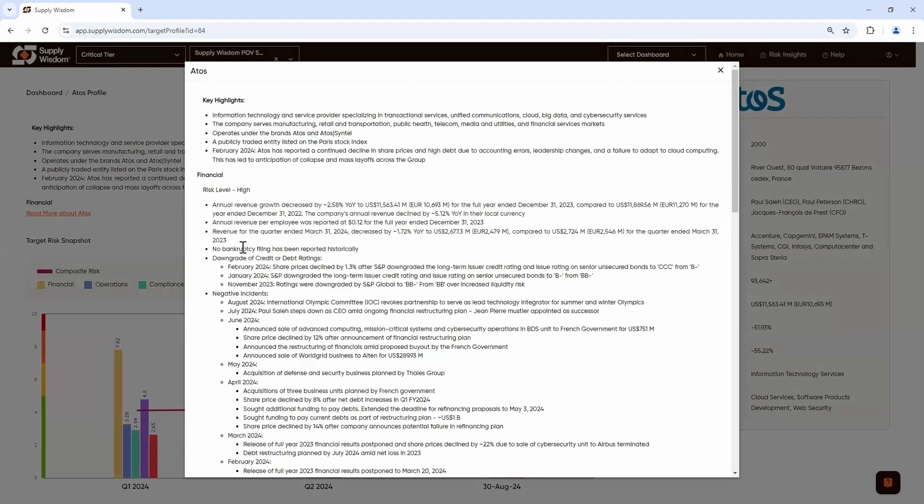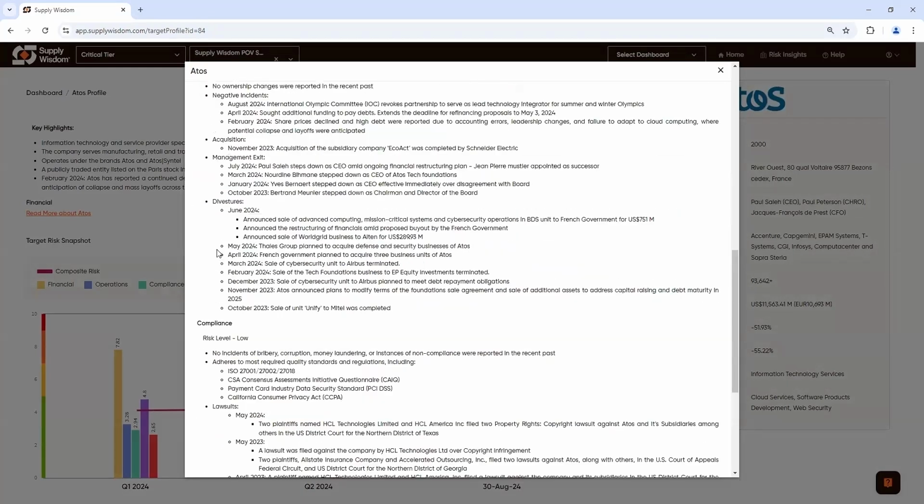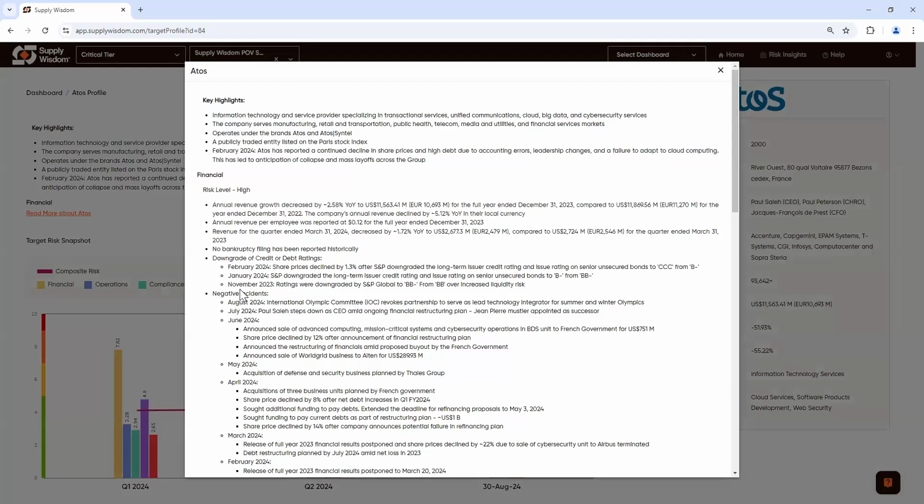As we're at a third party right now, we're seeing that context in financial, operations, cyber, compliance, and ESG. And this context is going to illustrate to you each of the events that led up to the current state of the metrics that we're seeing in the profile. The metrics are objective, concise, and extremely powerful in that sense. They can be even more powerful when you understand the context from which they emerged and the environment in which